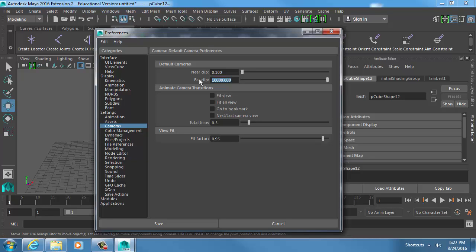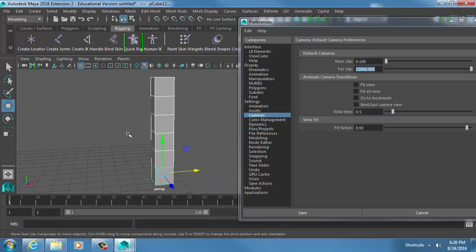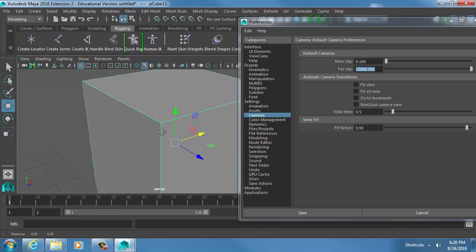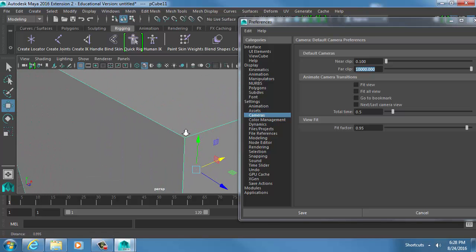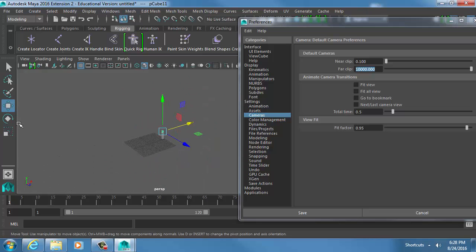10,000 units. So sometimes you may see what's called clipping, where your object looks like it's transparent or it's being cut off. Just to exaggerate this, I'm going to get really close to this object here. There you go. So see this here, how that's being cut off? That's my near clipping plane cutting that off. If I'm rendering this and I need to see that close to it, I need to make sure that near clipping plane is closer to the camera. And my far clipping plane,